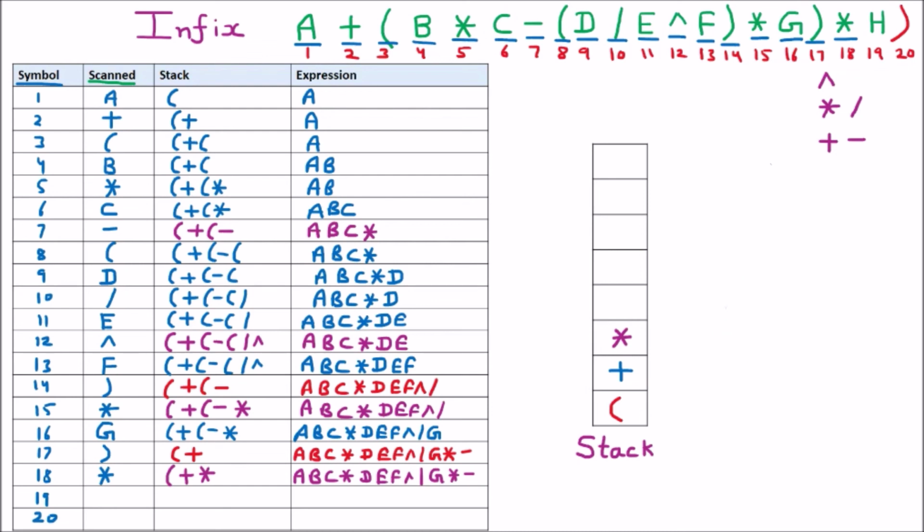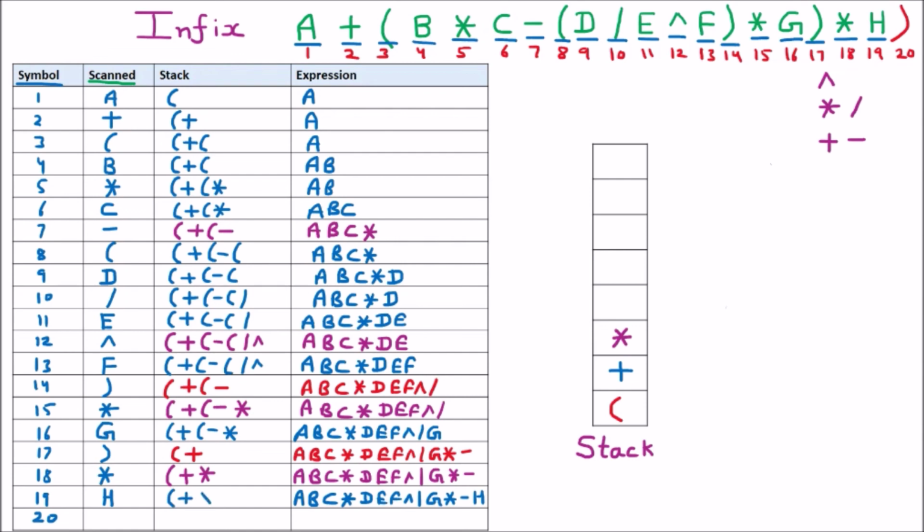The next element is H, which is the 19th scanned element, and H is an operand, and an operand goes directly after the expression. So A B C star D E F power slash G star minus H, and the stack entries are the same,